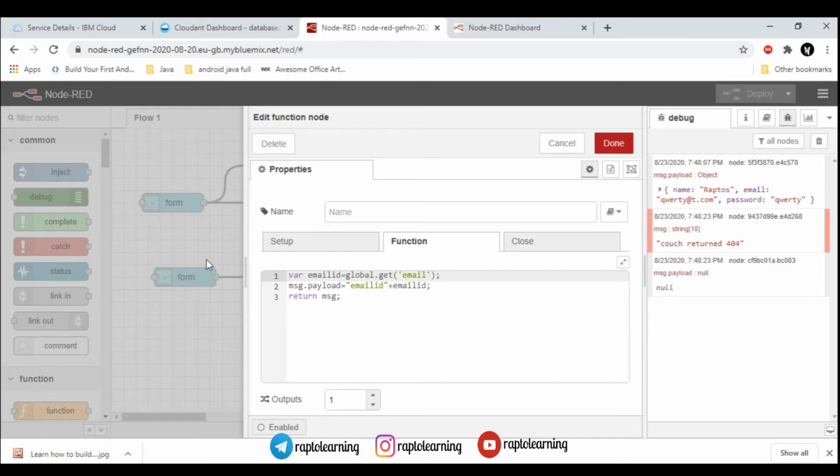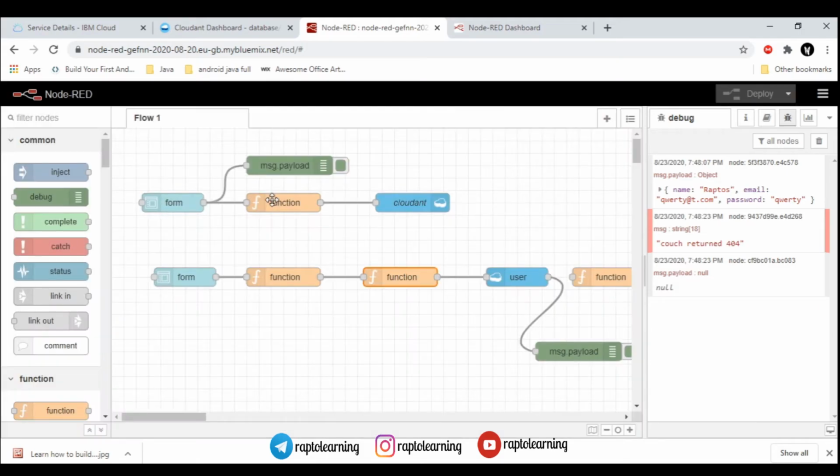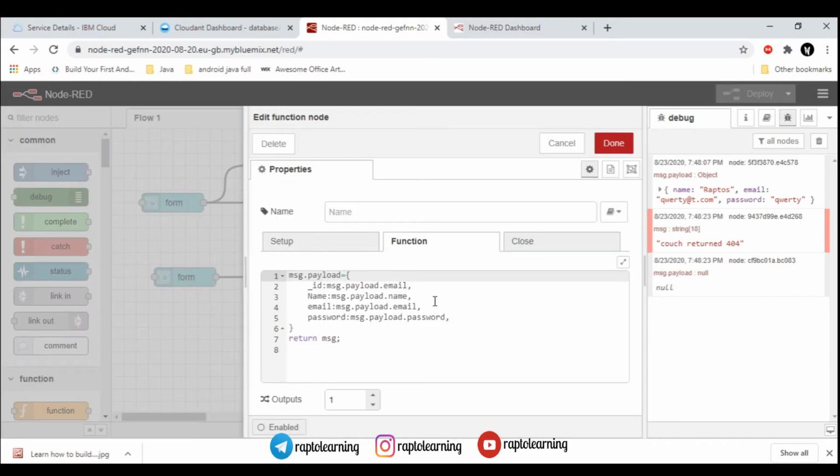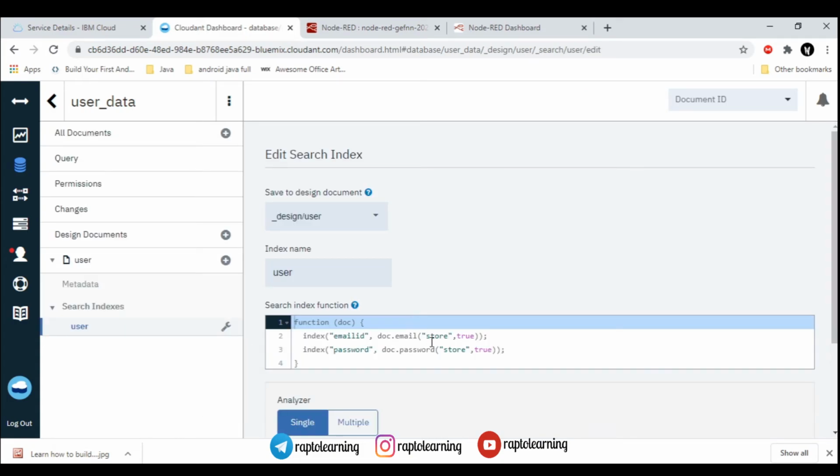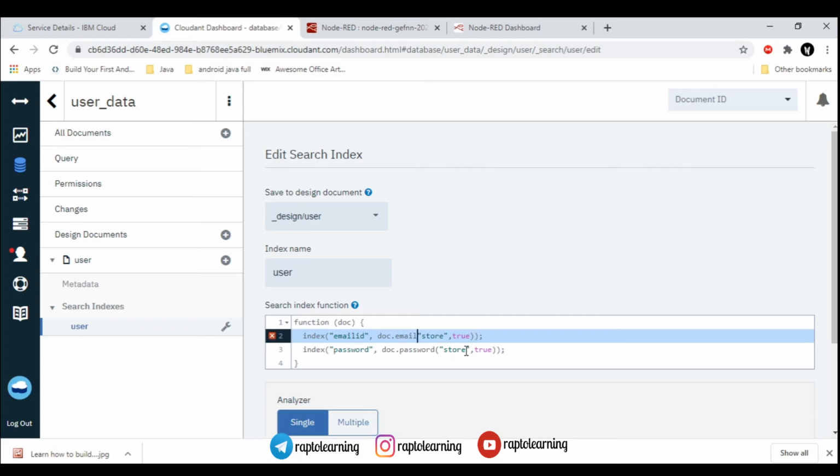I have intentionally left this error, otherwise the error comes from the cloudant end, in the queries section, right? So I have not properly written the syntax of this. Just make sure that this email ID and password match with the query you have created. To edit this, just go here.